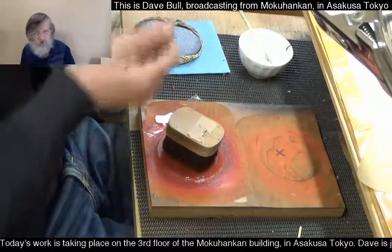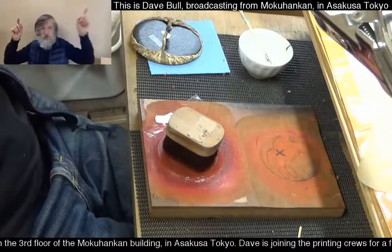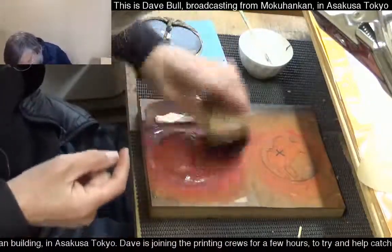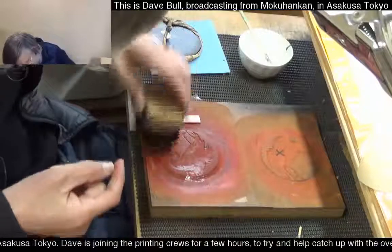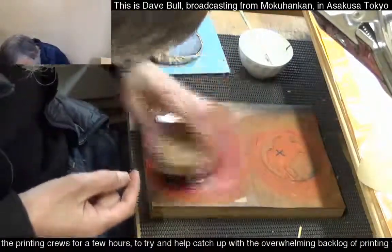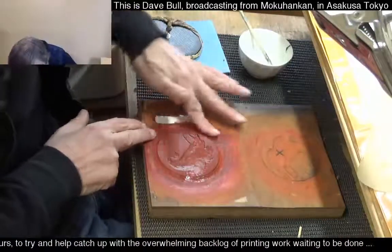I got to get back into that group. The group where it's on the wall of our shop. It says, living with woodblock prints. Get it back to the point where this stuff becomes part of the daily life of every single person in this country. You can laugh and laugh, whatever. It'll never happen while I'm alive, but